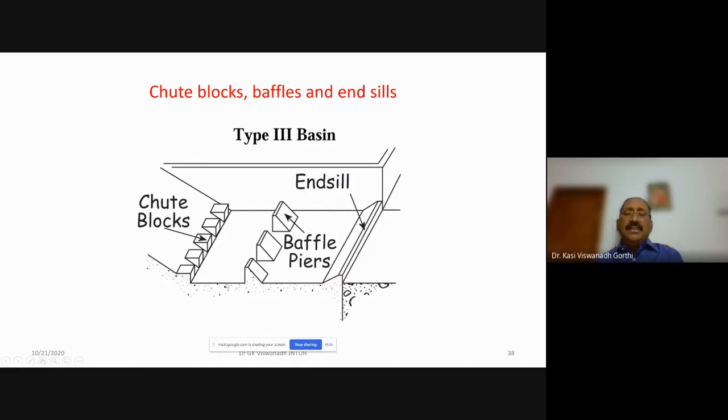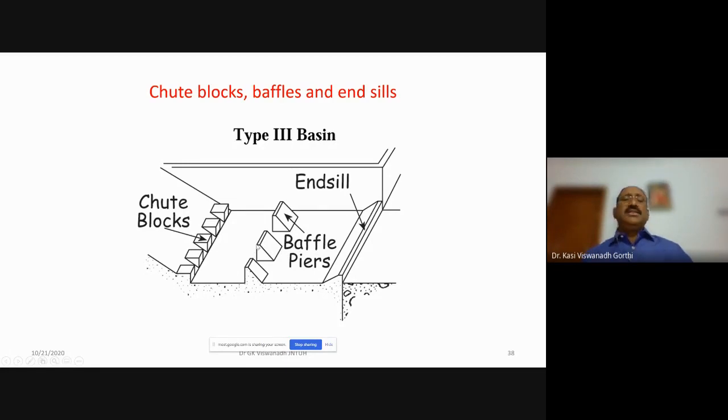So the entire stilling basin is provided with certain auxiliary devices which we have been mentioning. What are these auxiliary devices? So these are the auxiliary devices like chute blocks for the additional dissipation of energy. In the middle of this solid apron, the baffle piers will be provided, and at the end, an end seal will be provided. So these are the auxiliary devices which are provided on the solid apron to dissipate more amount